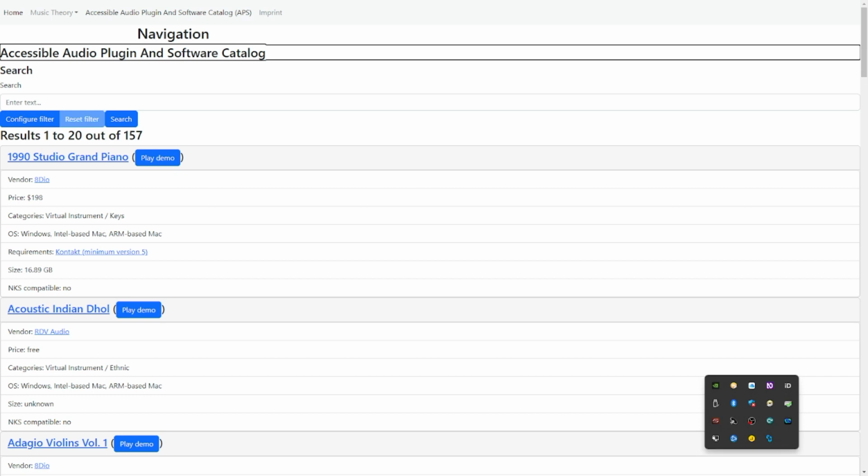Heading level 3 results 1 to 20 out of 157. So as you can see, we already have 157 products in the catalog, and it's just going to grow. So now you have all the results here, which by default are unfiltered. So let's use the down arrow and check out how the results list looks like. Heading level 4 link 1990 Studio Grand Piano. Button play demo. So this is obviously a product called 1990 Studio Grand Piano, and you will find a play